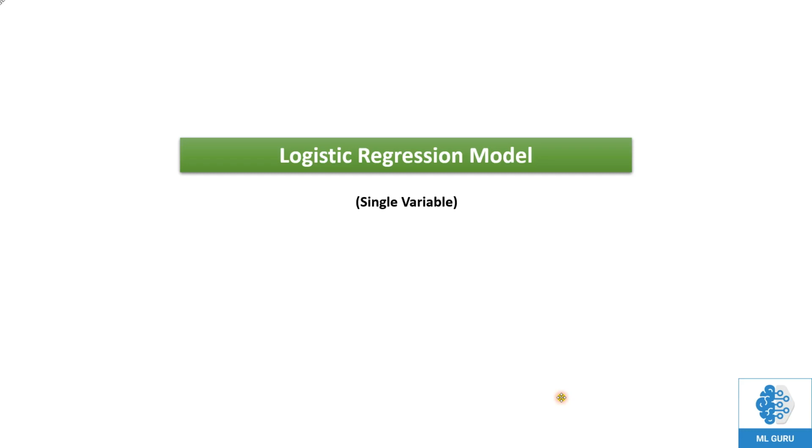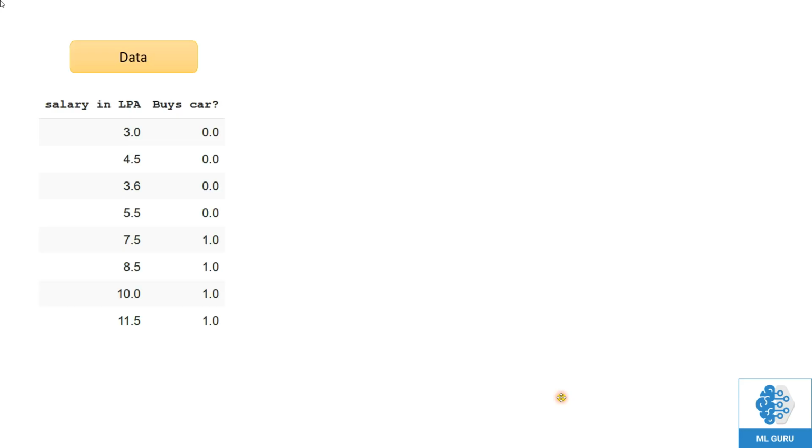In this video, we will start with the logistic regression model, and to start with, we will start with the case of single variable. So in this case, the kind of data which you will see is something of this type. Now in this data you can see that this is a data of a car company which wants to advertise their new model. So this is the past data so far.